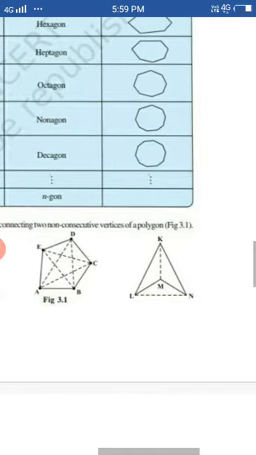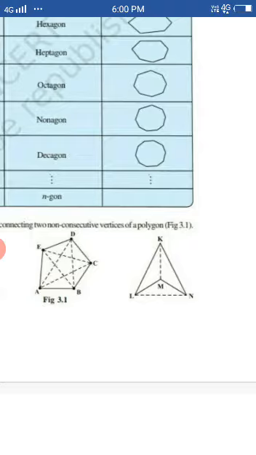Now in this triangle you can see two diagonals are there. One is KM. Sorry, it is not a triangle. It is a quadrilateral, because it has 4 sides. And two diagonals are there. One is KM and the other one is LN. One is inside the figure and one diagonal is outside the figure.